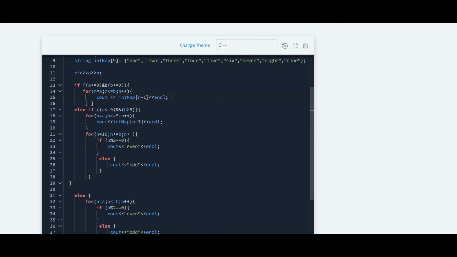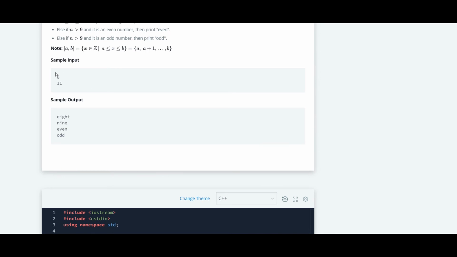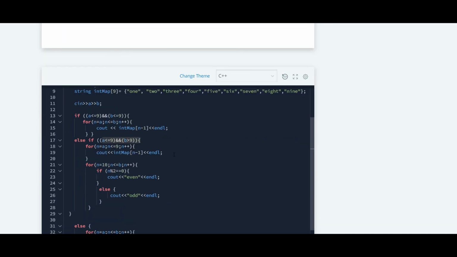And after that we have used else if, and inside that the condition is the same as we got in our sample input. We have got 8 and 11. As 8 is smaller than 9 and 11 is greater than 9, we come inside this block and execute this for loop.